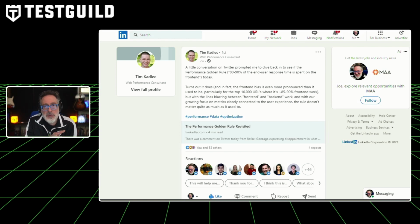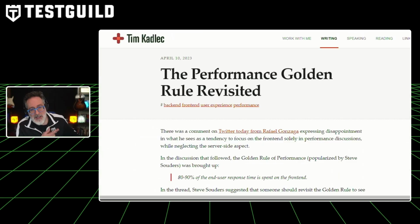However, the line between front end and back end performance is increasingly blurry, with server configurations and JavaScript frameworks affecting both aspects. So instead of focusing on one or the other, experts suggest a holistic approach to performance optimization, targeting improvements in user experience metrics such as Largest Contentful Paint and time to first byte. And this article by Tim actually walks you step by step through this whole concept that you